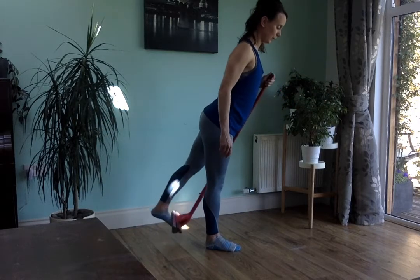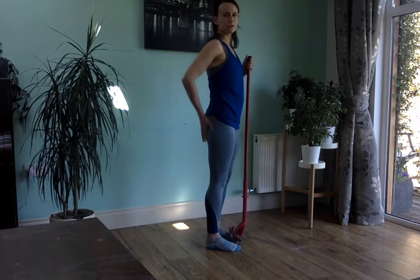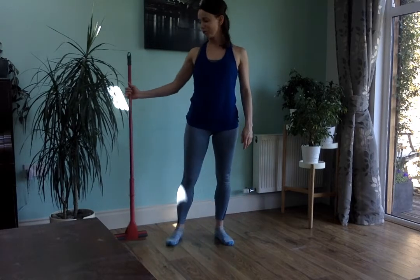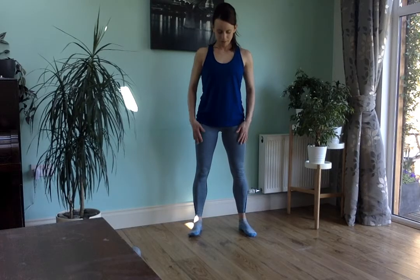And back up. Really good. So hopefully you're feeling that burning a little bit in the glutes there, and that's great. We're getting stronger through there. Well done. So now we're going to work some squats and some lunges,